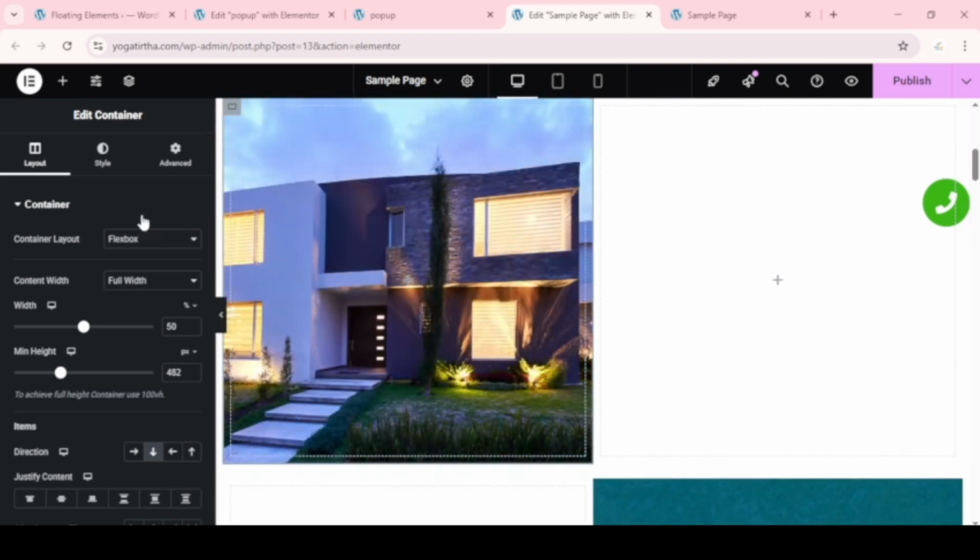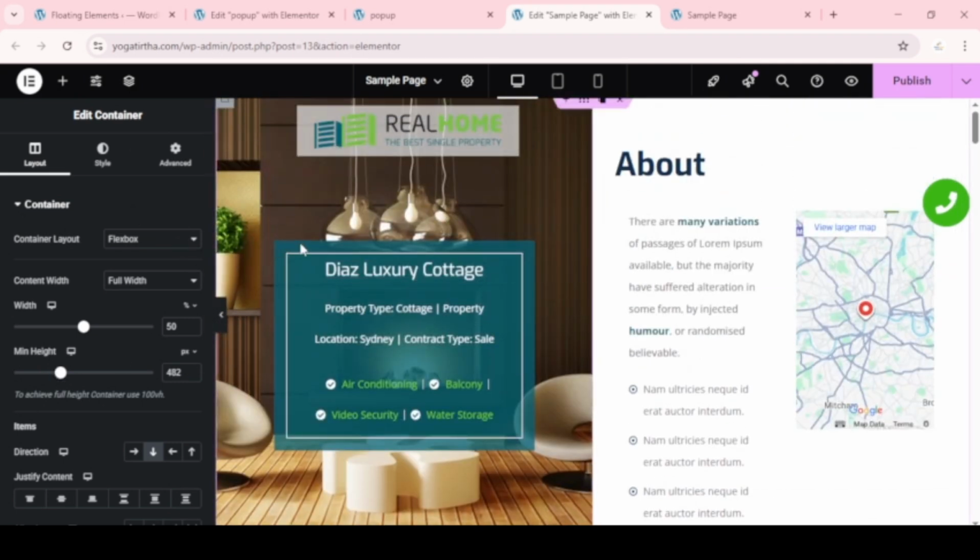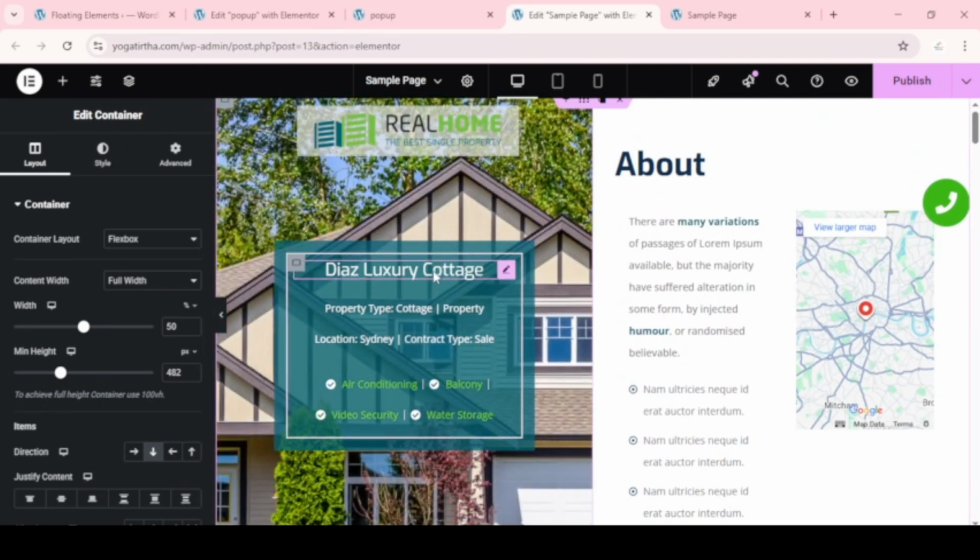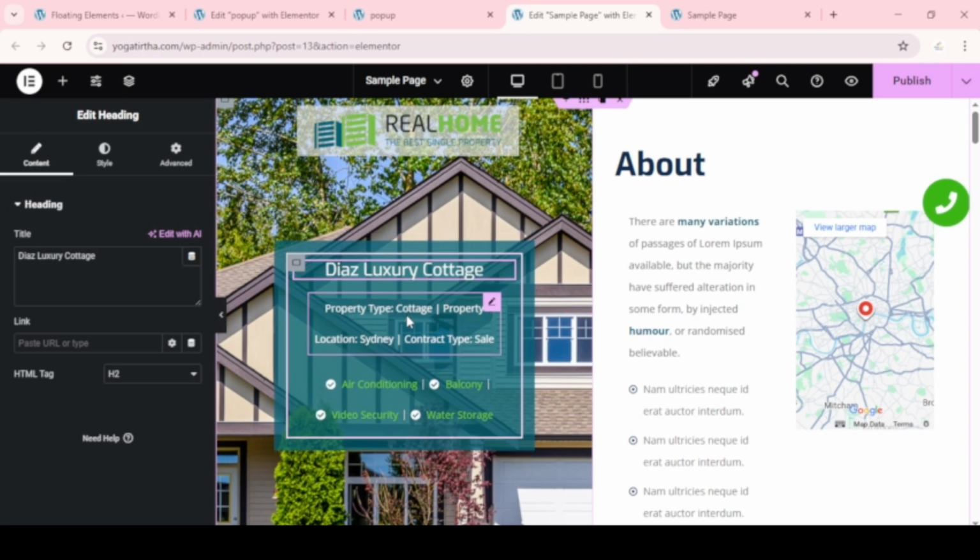Then here you can see there is a section, there is a heading and